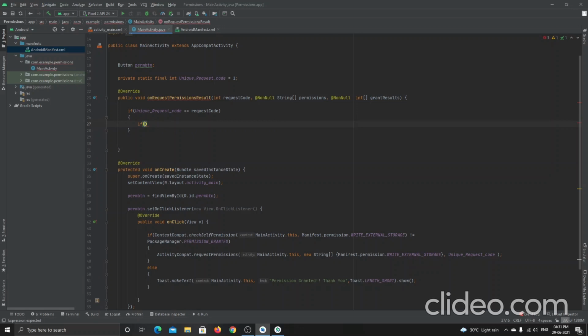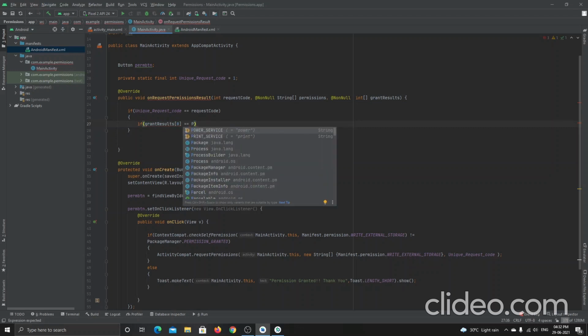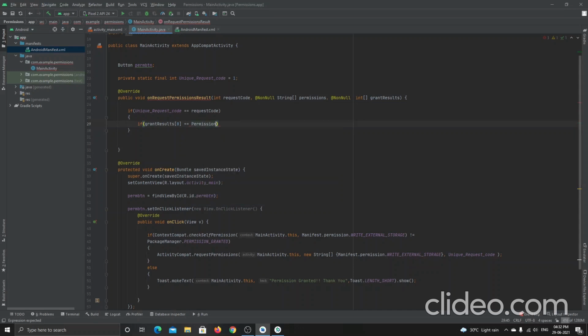Okay, grantResults at the position of 0 is equal to Permission dot write external, right? Oh, sorry, PackageManager. This is not a permission.